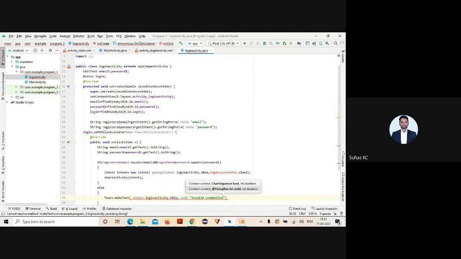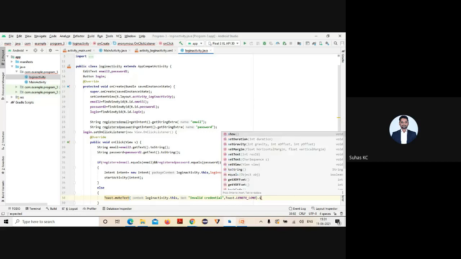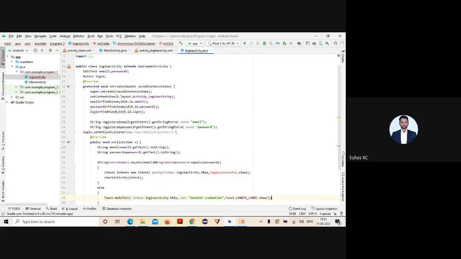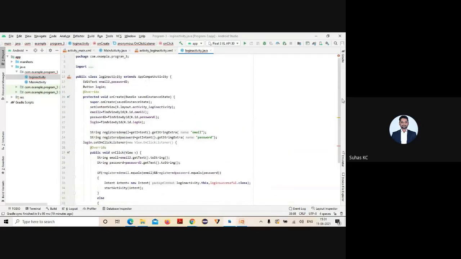And the third parameter is the length: Toast.LENGTH_LONG. Whatever it is, you display it by using the show method.